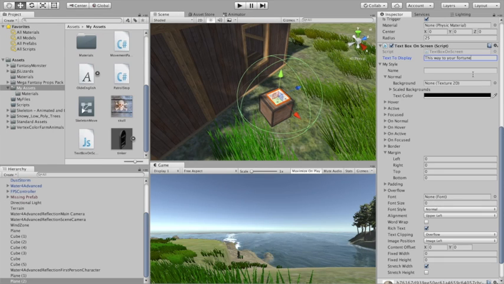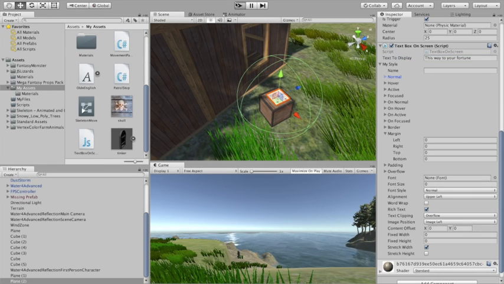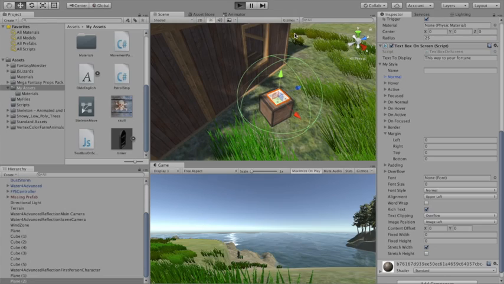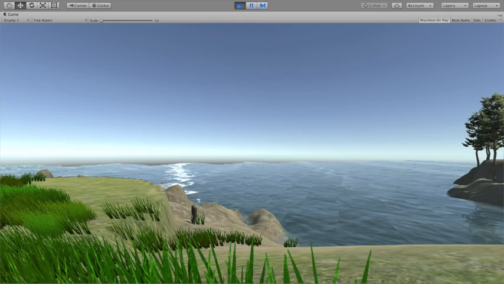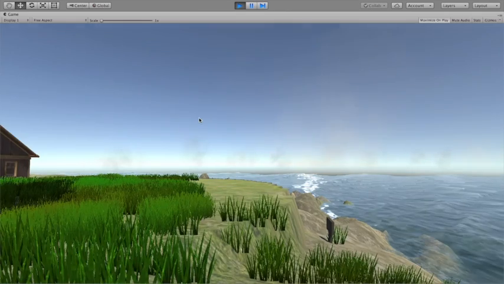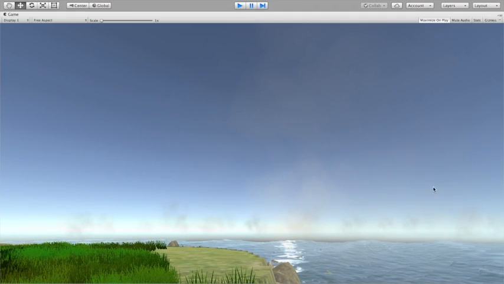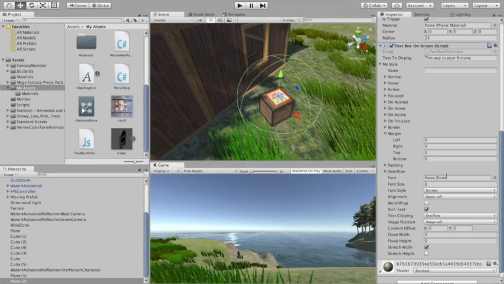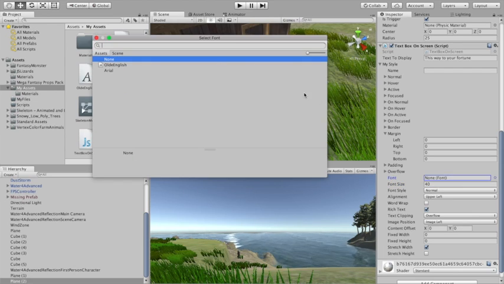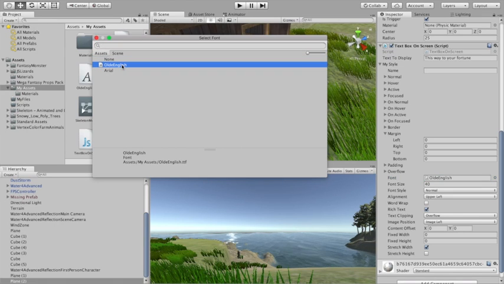So if we don't have anything, let's show you what it looks like. It's just going to have an invisible background, be transparent. Oh, actually, it's not even going to do that because I have first off to make sure that the font size is not 0, because then it won't show it. So if we change the font size to 40, and the name of the font, I've already downloaded one called